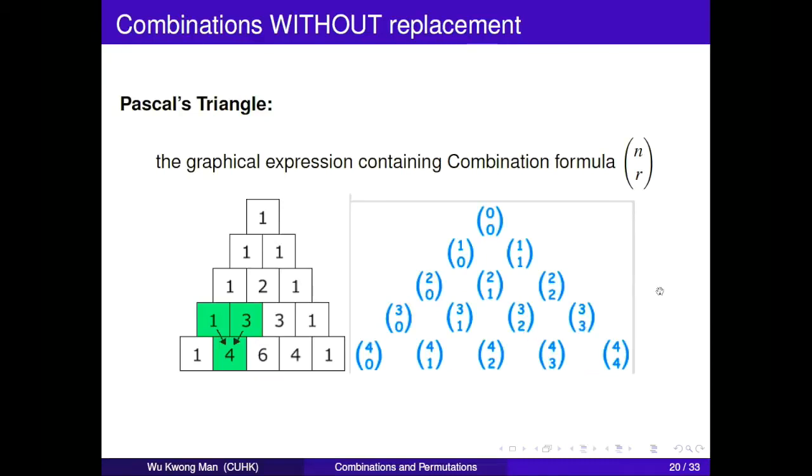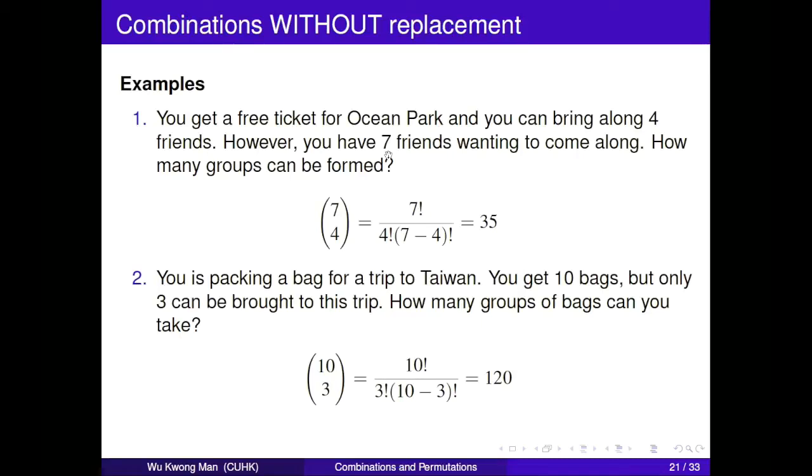These two examples help you to understand the application of combinations. First, you need to select 4 friends from 7, so the number of groups formed is 7C4, and it is 35 ways. Similar to example 1, you need to select 3 pets from 10 for your trip. Since the order of pets is not important, we have just 10C3 ways to choose, resulting in 120 cases.